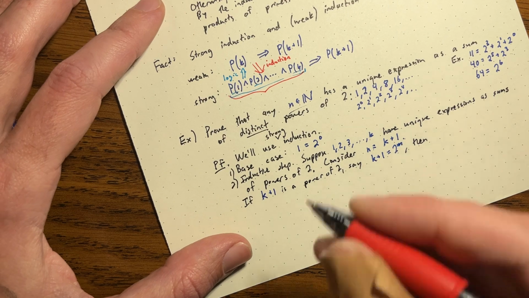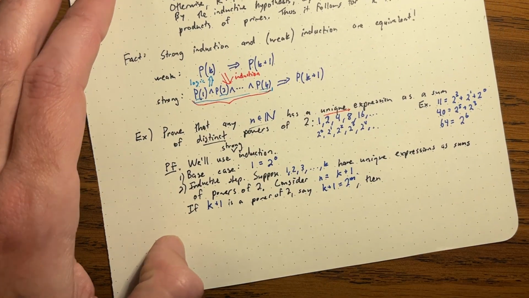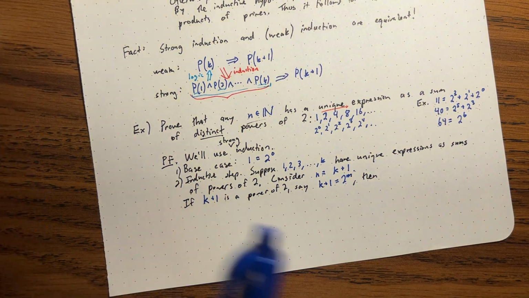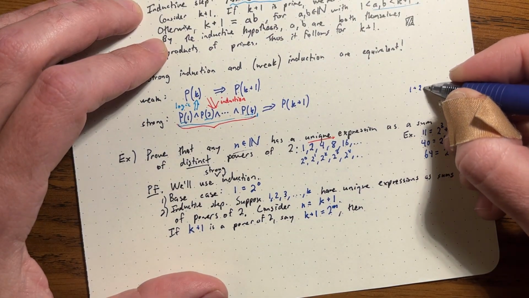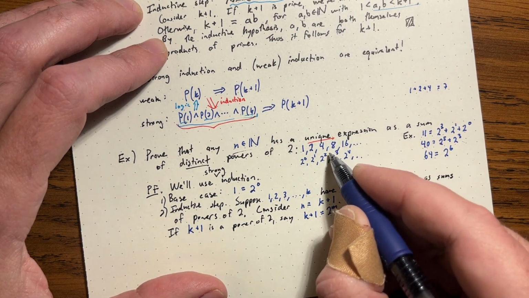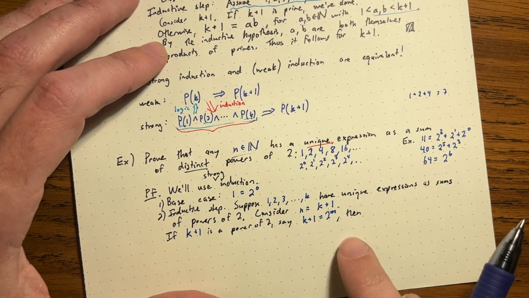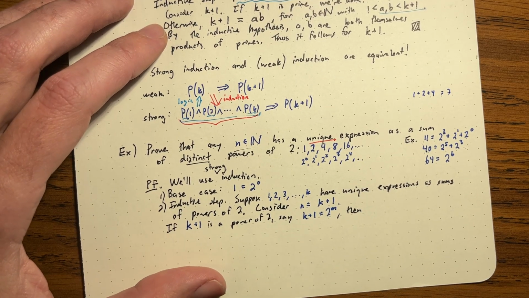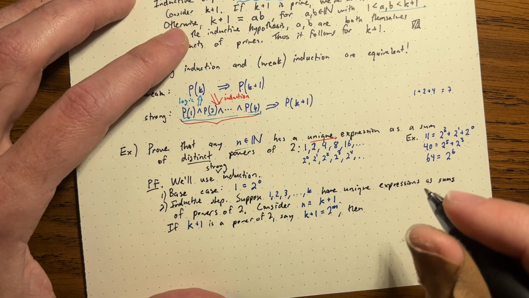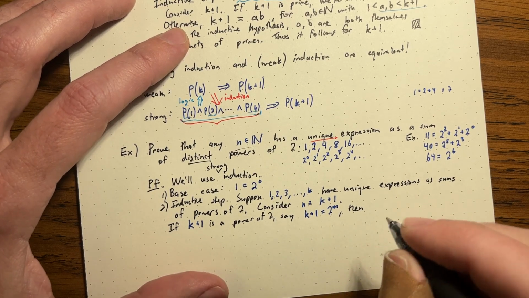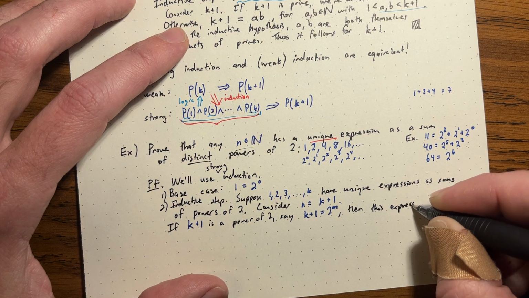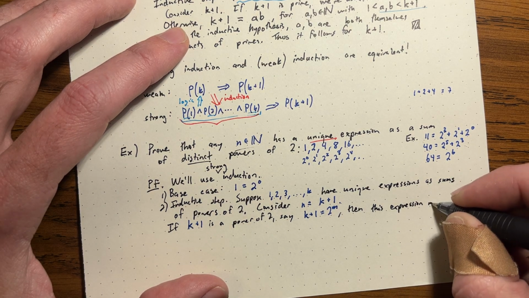We need to prove unique, right? We need to prove that that's the only way to write it. But you know that this is essentially going to follow from the fact that if you add up all the powers of 2, like if I add up 1 plus 2 plus 4, I only get 7. I don't even get the next one. I'm one short of the next one. And so that's essentially going to force uniqueness. So how can we actually say that in proof? Well, first, I'll say this expression must be unique